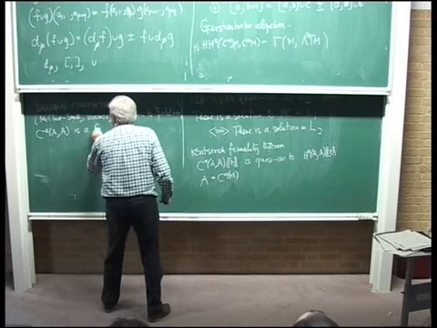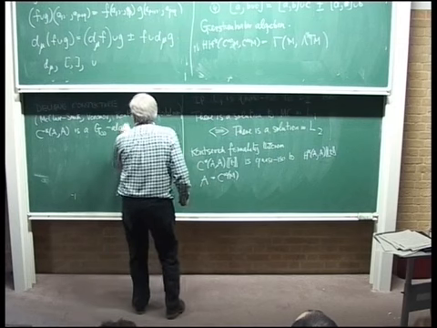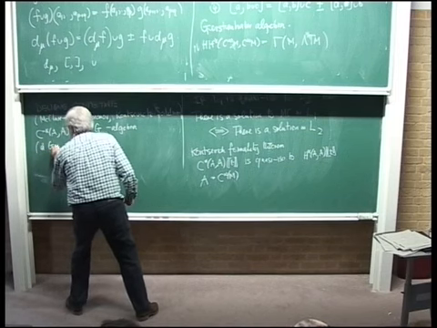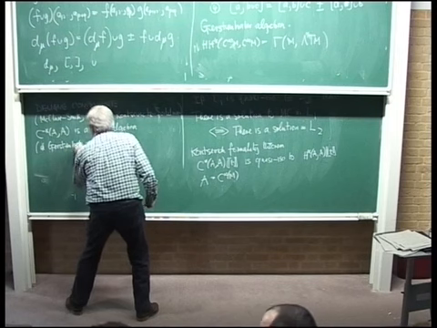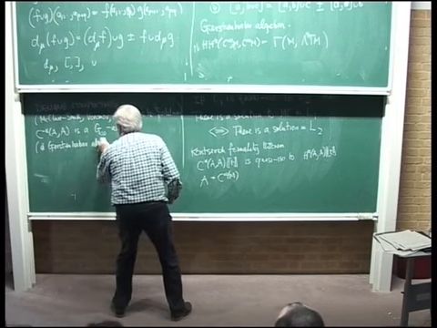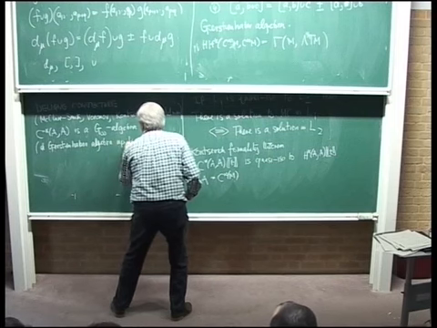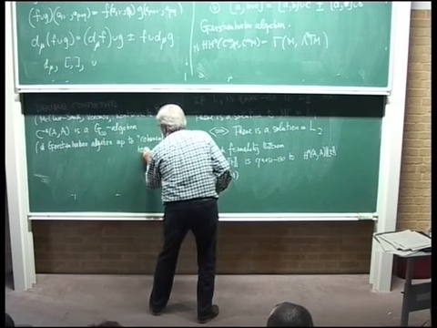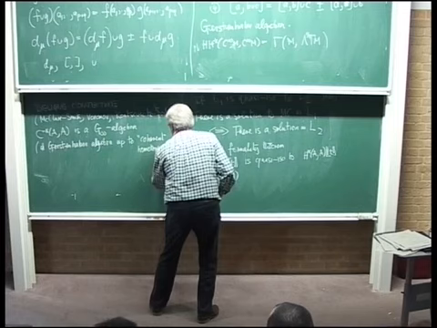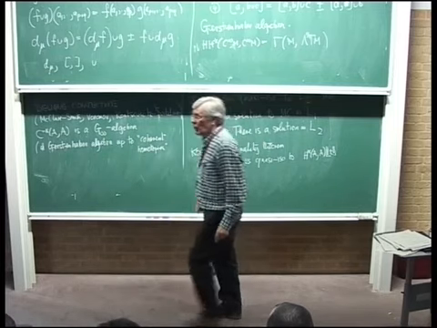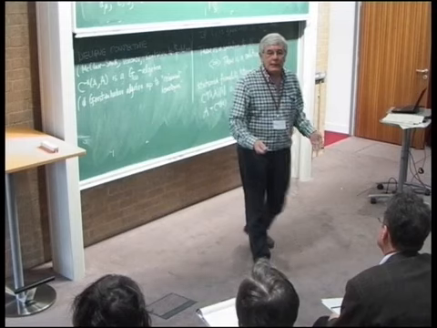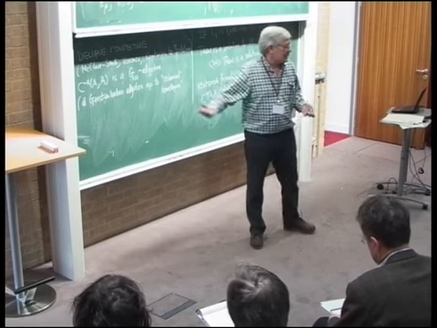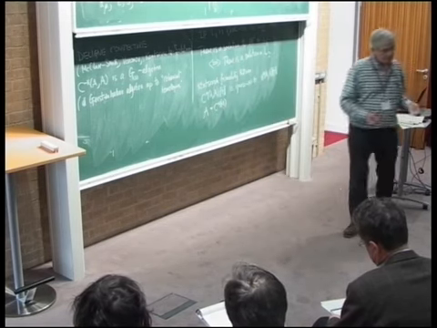is a G infinity algebra, which is a Gerstenhaber algebra up to coherent homotopies. I'm not going to try and tell you what up to coherent homotopies means. That's the point where you need the theory of operads. To make precise what you mean by up to coherent homotopies is exactly the role of the theory of operads in this game. Okay.